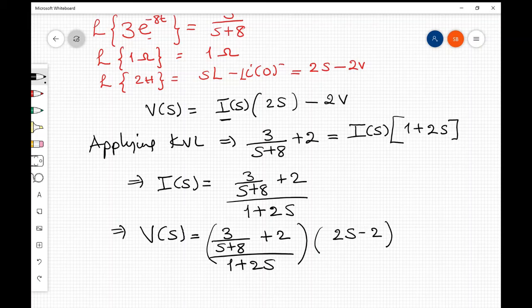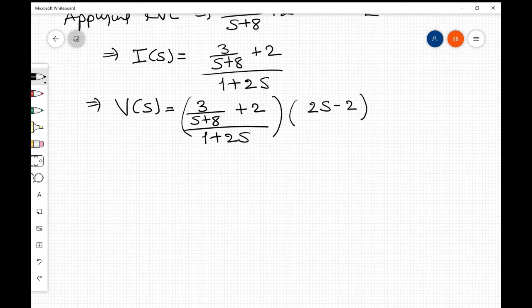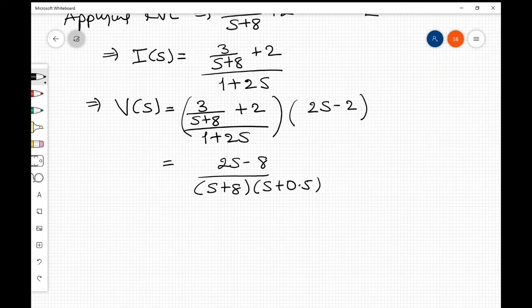Alright. So when we simplify this, if you just do some arithmetic, you will get this is equal to 2s minus 8 over s plus 8 and s plus 0.5. So using that partial fraction method, this has to be equal to A over s plus 8 plus B over s plus 0.5, where